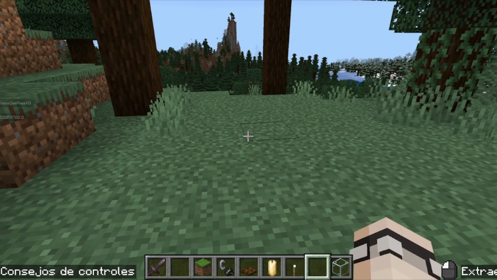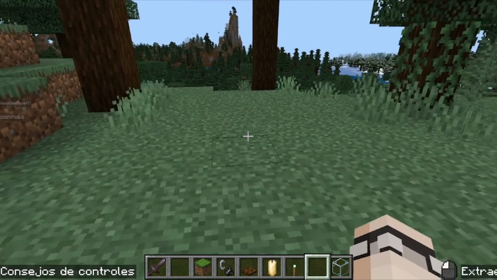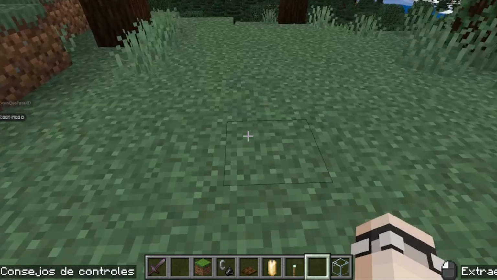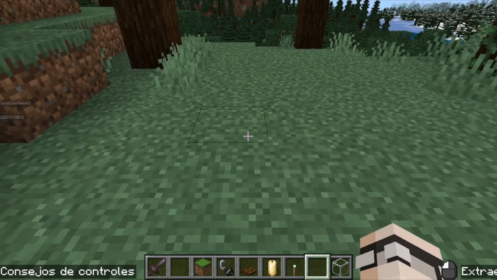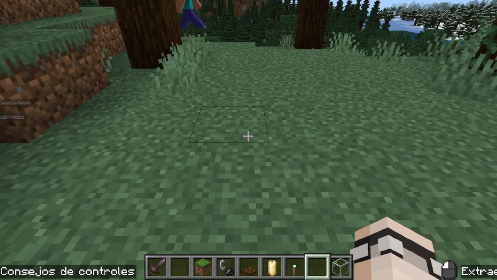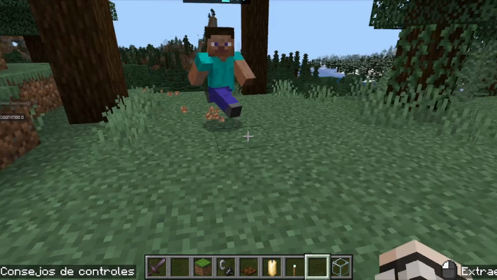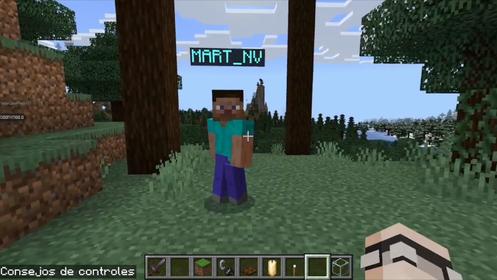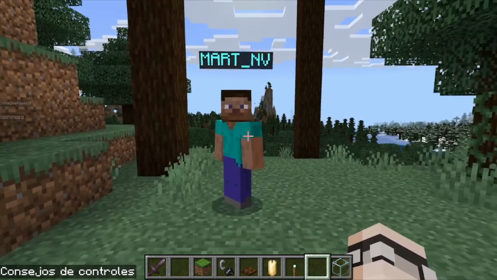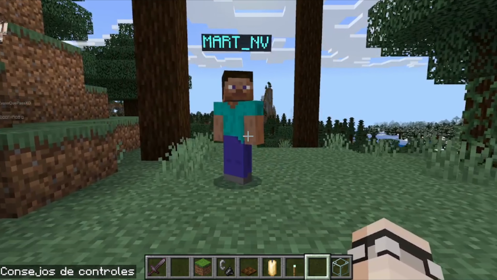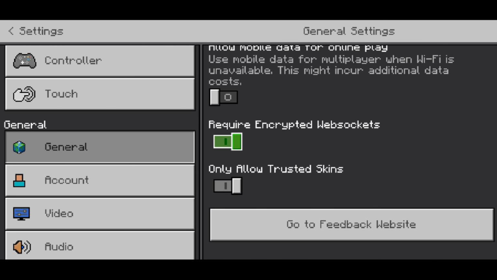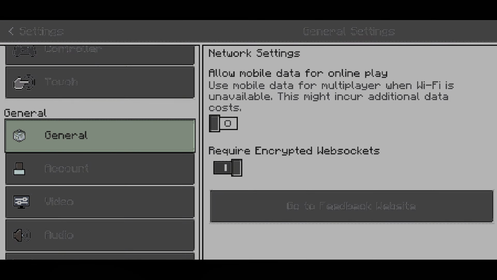However, what we've just done will only work in single player worlds, because as soon as you join a multiplayer server, neither will you be able to see their custom skins, nor will they be able to see yours. The way we could fix this was by disabling an option in the settings page called Only Allow Trusted Skins. However, as we know, in the newest updates,